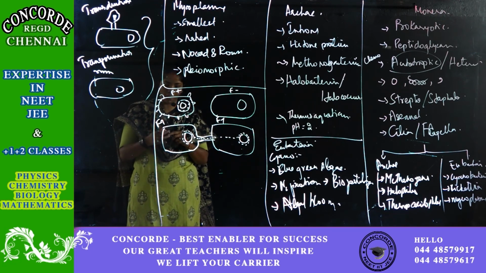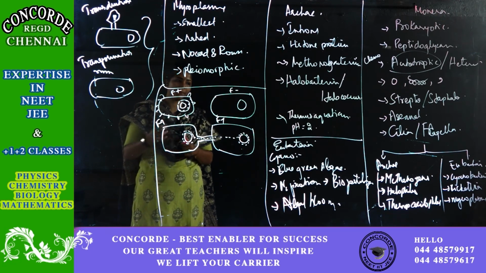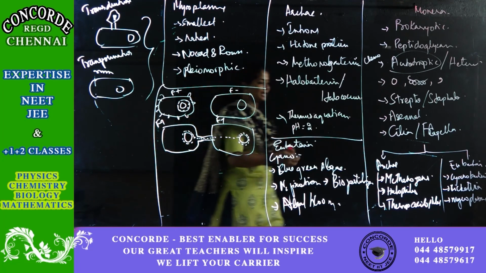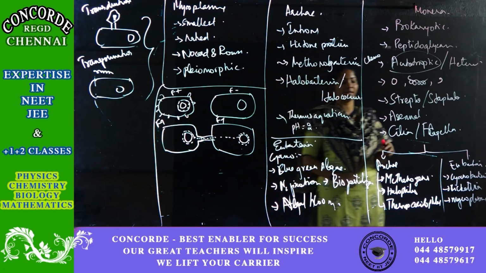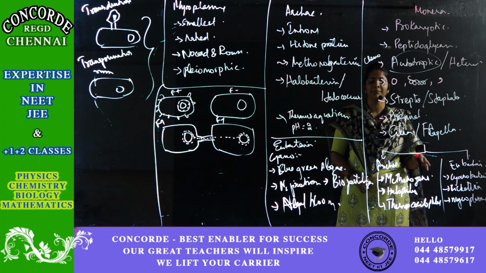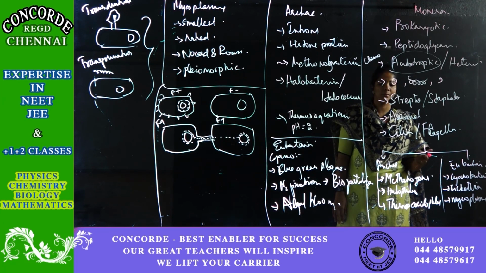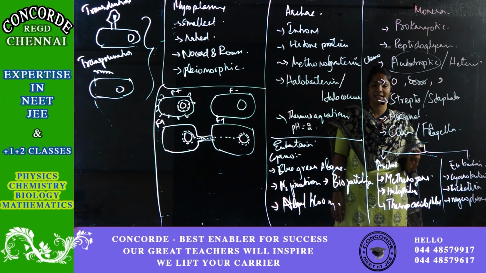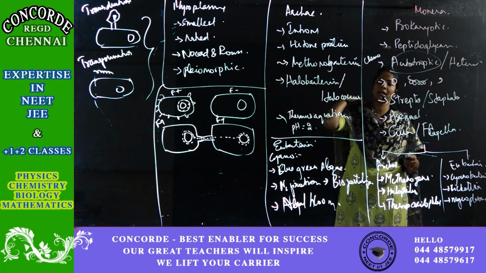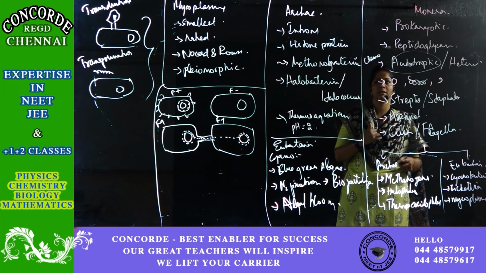So this is all about your Monera. So I repeat, Monera has two main classes, Archaea and Eubacteria. Archaea is like extreme bacteria. Eubacteria is a true bacteria. In Archaea you have subdivisions, and in Eubacteria you have Cyanobacteria, Rickettsia, and Mycoplasma. Okay, so Mycoplasma is the smallest and it is naked. It is discovered by Nocard and Roux. Okay, so that is all about your